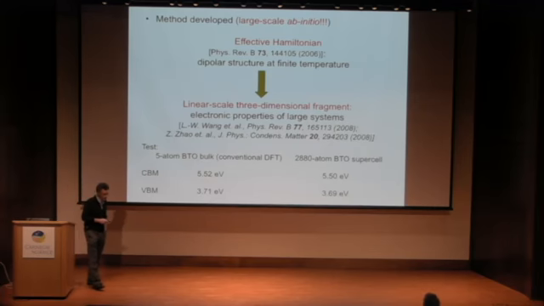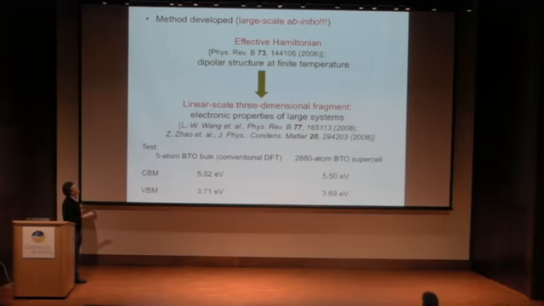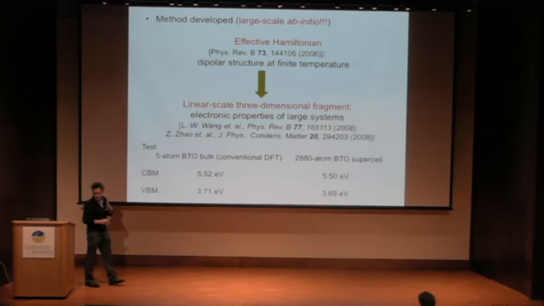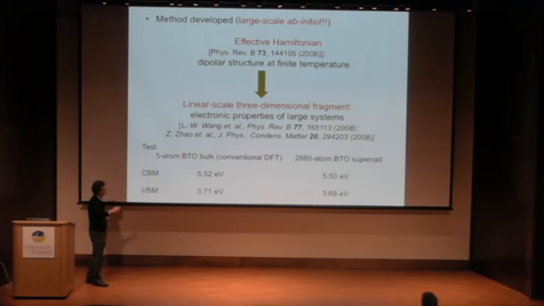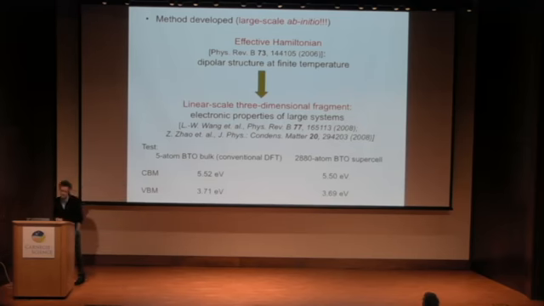So what we needed to do, in fact, is to combine two techniques to create a large-scale ab initio method. The first idea is quite simple. We're going to use effective Hamiltonian, and what we get from this effective Hamiltonian is basically the ionic configuration. So you get your electrical vortex pattern. Then when you have these patterns, you feed them into a code that was developed by Lin Wang at Berkeley Lab, which is a DFT code. It's an order-N method. This is called the linear scaling three-dimensional fragment method, a very bright original idea from Lin Wang. It's technically done by a charge patching method.